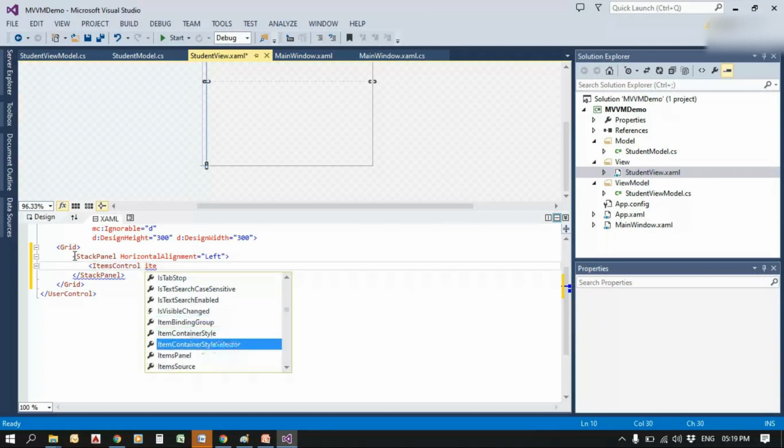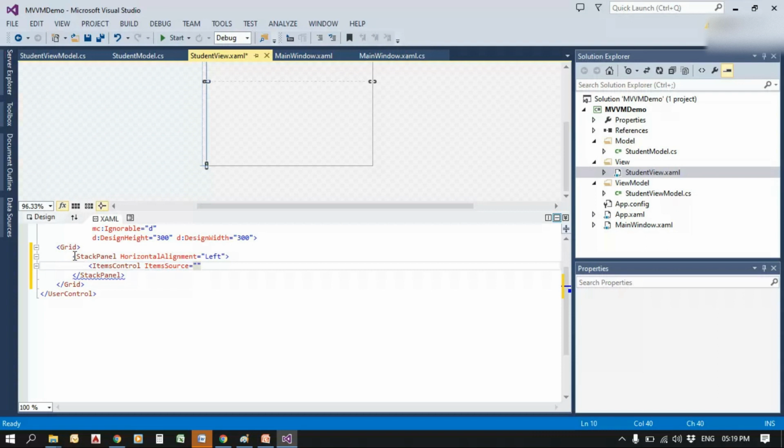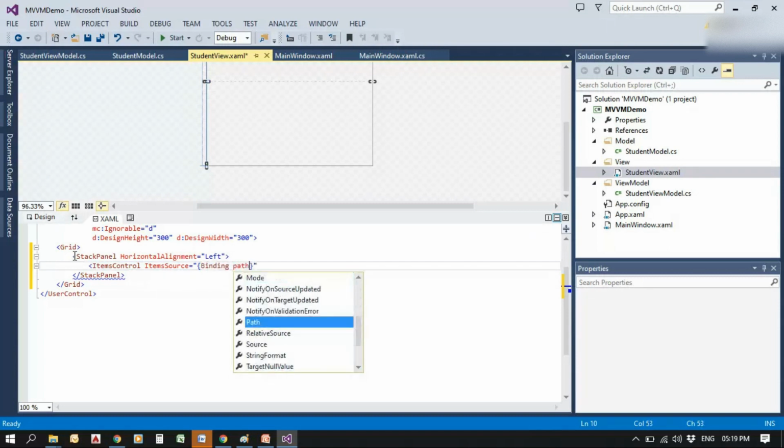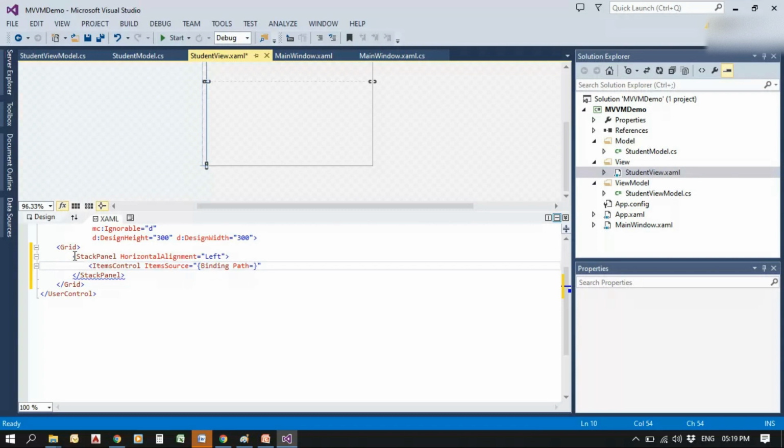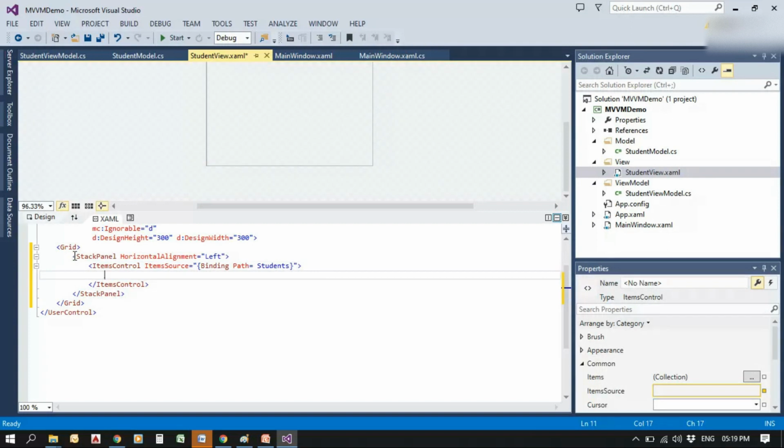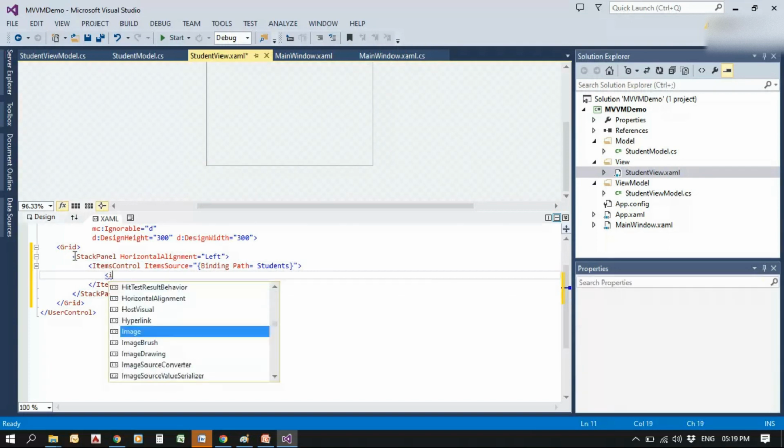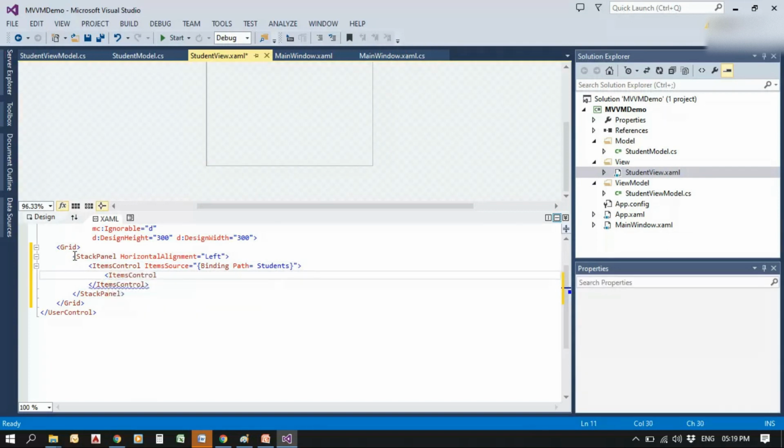And inside the stack panel we can write an items control, and we'll give an item source binding, and give the path as students, and close the items control.